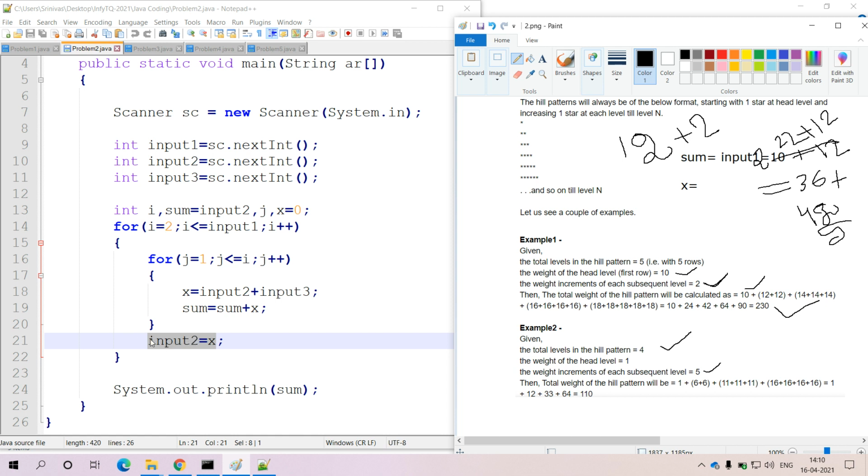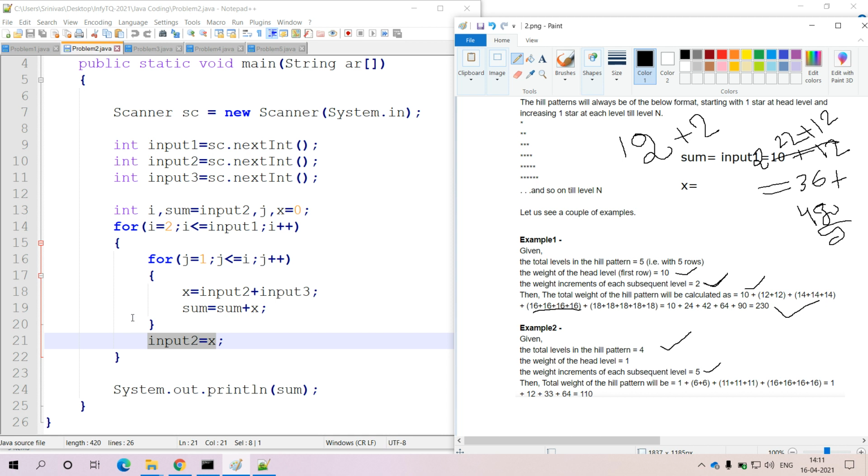Now with respect to the 14 value, try to execute the for loop one more time. Now the I value will become 4. That means within the inner for loop we have to repeat it 4 times. Now for that 4 times, the updated x value that we are going to get here is 16. 16 we are going to add to the updated sum variable, so along with the sum we add 16 plus 16 plus 16 plus 16.